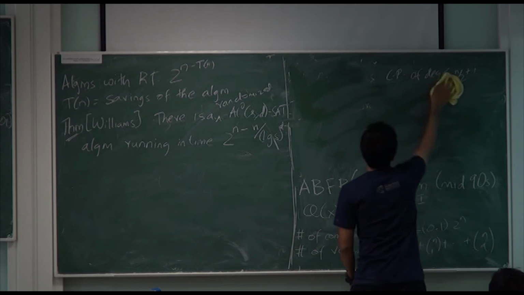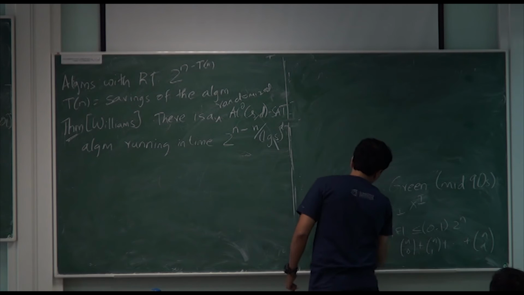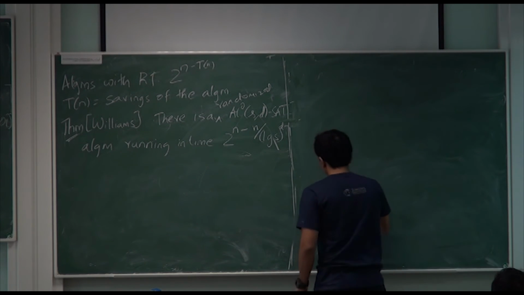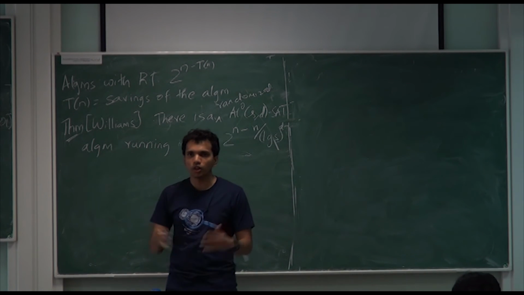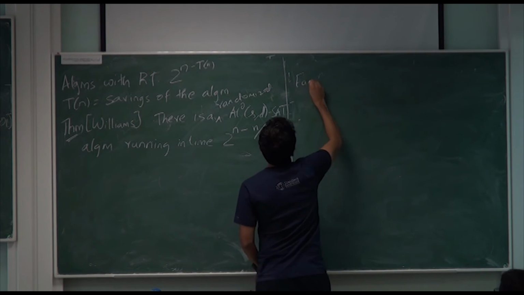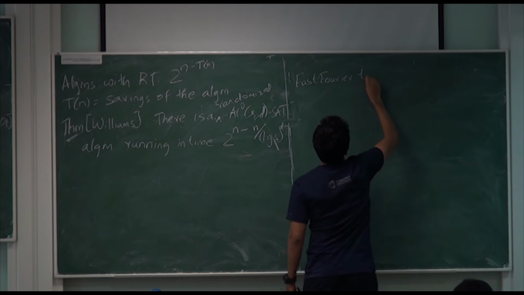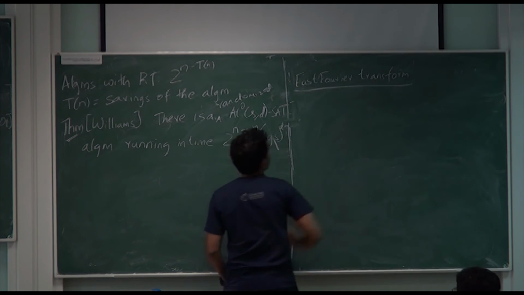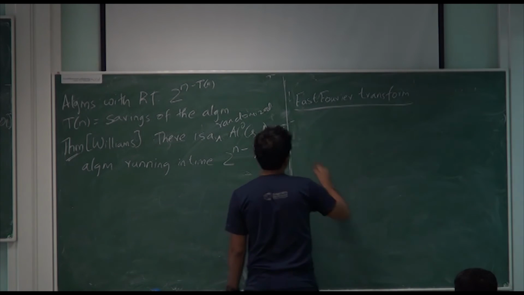So we are going to use inside our algorithm a subroutine which answers an algorithmic question related to polynomials. What's that algorithmic question? Well, it's just the problem of evaluating a polynomial on lots of points, the fast Fourier transform. So what I have here, there's another algorithmic question,